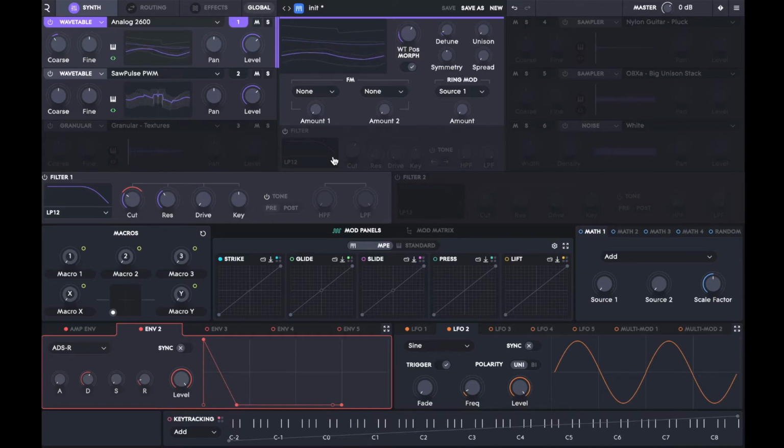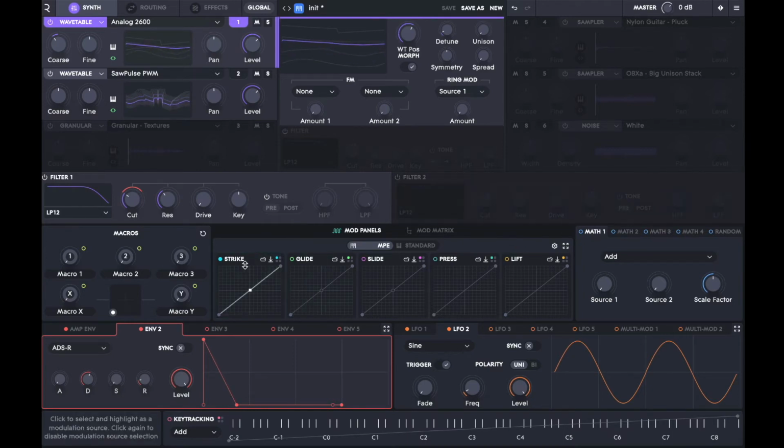So I'm using Roli's Seaboard block here, but this will work with any MPE style controller. This section here in the center of Equator 2's control panel is where we can control the inputs coming from the MPE controller. You can see there's two modes here, MPE and standard. In standard mode, you can route and control the messages coming from classic MIDI controller messages like aftertouch and velocity. And in MPE mode, we get these 5 dimensions of control, which in Roli's terminology are labelled strike, glide, slide, press and lift. But in reality, these are basically the same as classic